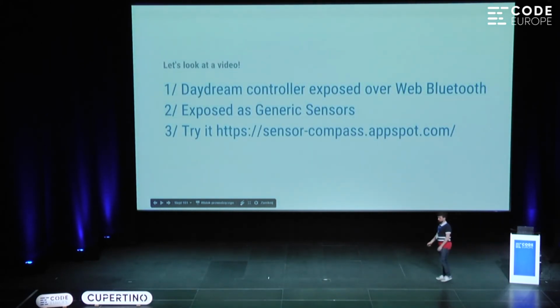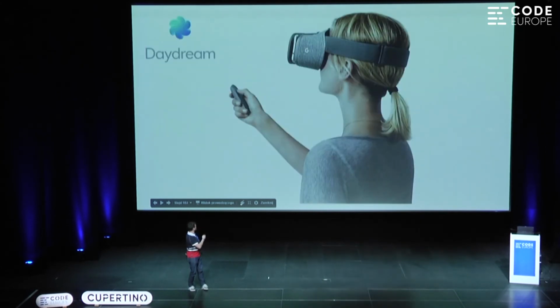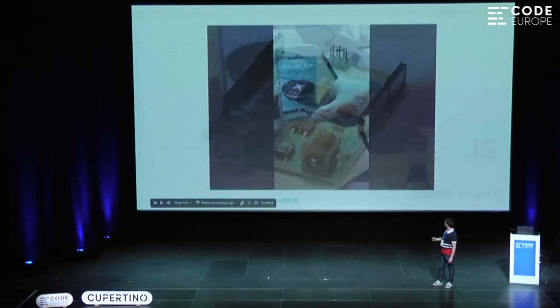So, just to get you all excited, I made a small video. Actually, while working on these generic sensors, I made a small demo app called Compass, which shows you all these different sensors. But I thought, hey, wouldn't it be cool if we could just use Bluetooth? I had this nice Daydream thing from Google that I got at Google I/O. I thought, hey, this is pretty cool. It has a very nice remote. Using Bluetooth, couldn't I just use that for controlling my sensor? And yes, that was actually possible.